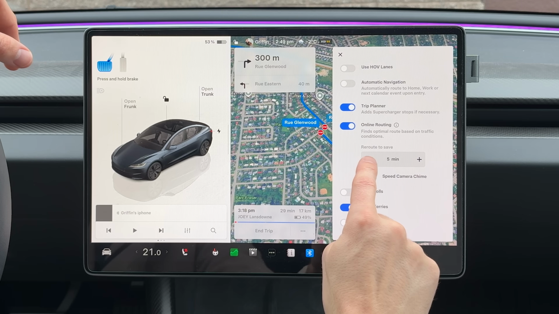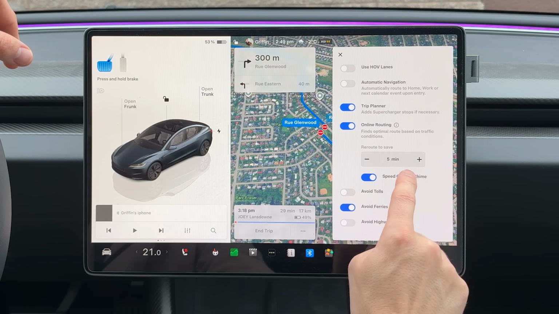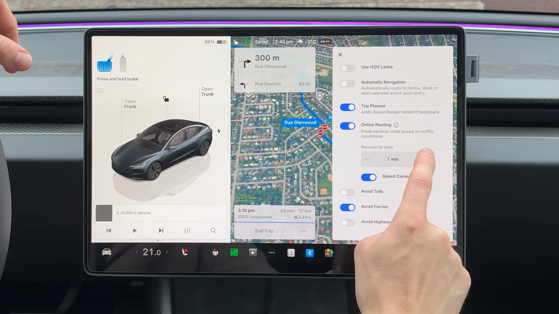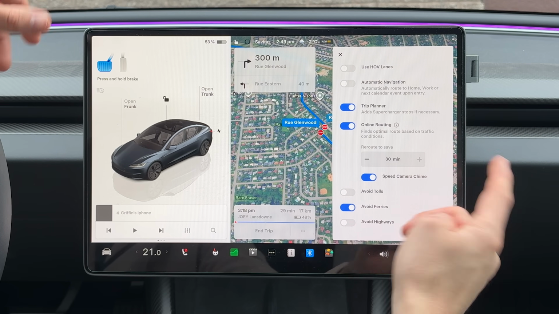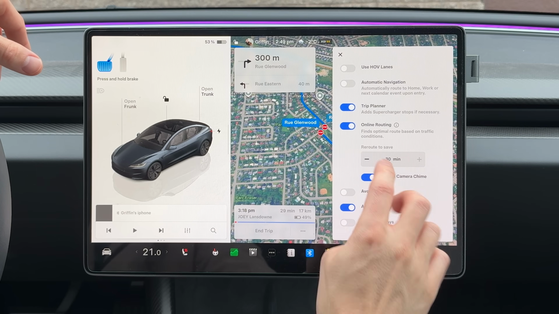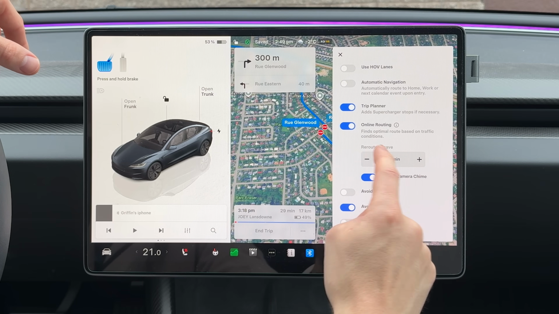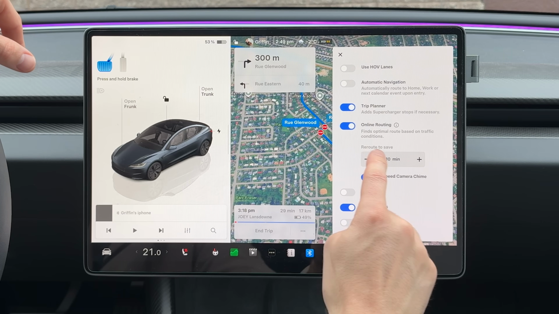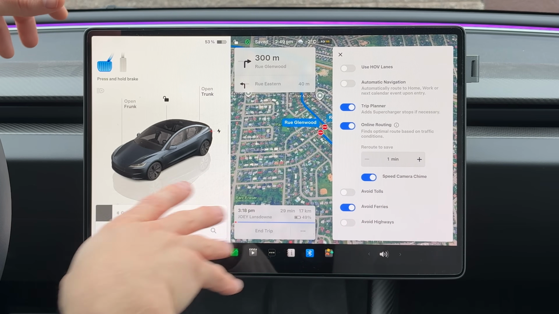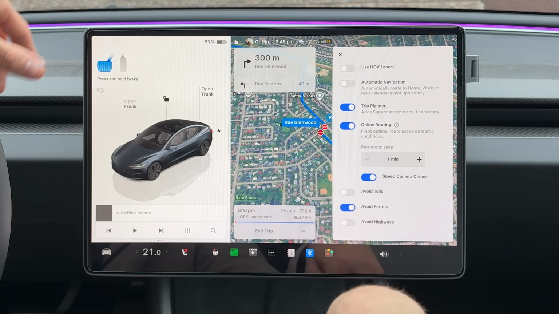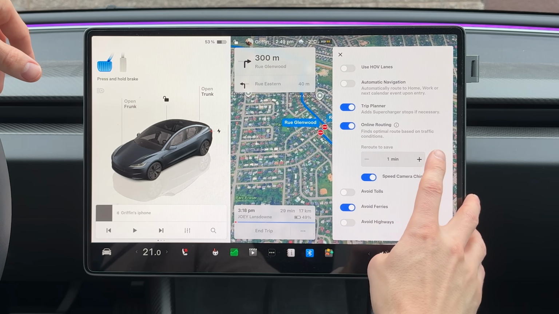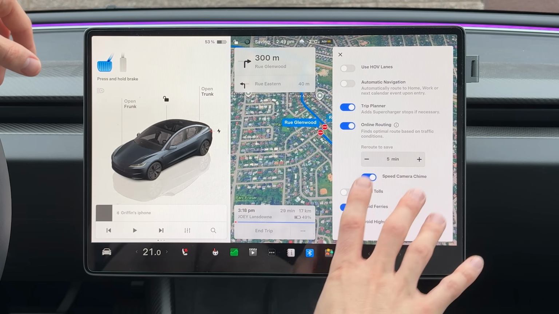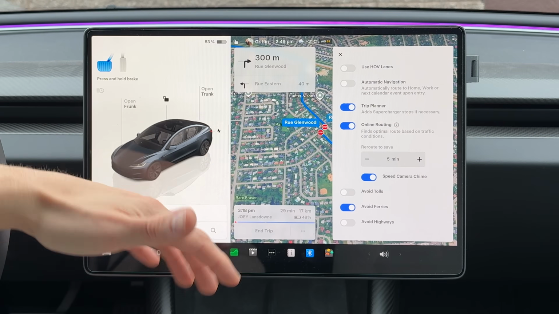Also, by the way, you can choose to reroute to save certain amounts of time. Now, you can go all the way to 1 minute and all the way up to what? 30 minutes. I've tried a lot of these different ones, not 30 or up to 15. I've done usually between 1 and 10 minutes. And I find keeping it at 1, it's constantly bringing me through little neighborhoods, and it's honestly just a pain and kind of annoying. I find the sweet spot is 5 minutes, where let's say there's an accident midway through